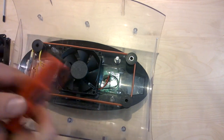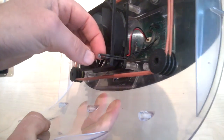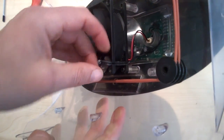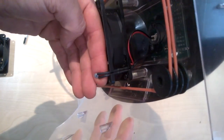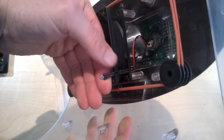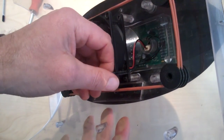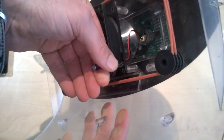But before I do it, on the Octagon 20 Eco, you'll see that there's a little thermistor and a wire that slots into a little slot in the fan, and I need to remove that. But in order to do that, I need to pull the thermistor wire through, because the first part of the housing is thicker than the bottom of the housing. And in order to slot it out of this slot in the fan, I need to pull it through till I've got the thinner